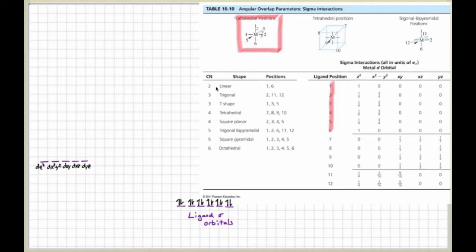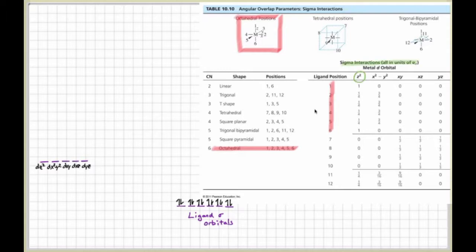We also have the ligand positions for any particular shape. For instance, linear has ligands at positions 1 and 6, trigonal at positions 2, 11, and 12, T-shaped at positions 1, 3, and 5, and we'll be able to use these positions for these particular shapes, and then this side of the table to determine the amount of overlap with the d orbitals at those particular positions. So this is how this works. For octahedral, we have positions 1 through 6,